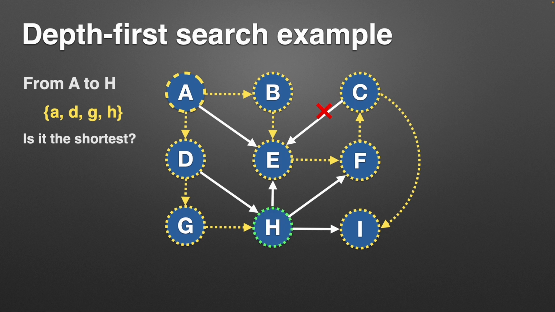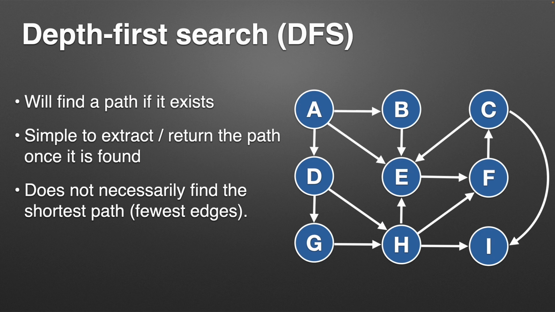But for the most part, this is the mechanism of depth first search. And usually when you're using depth first search, you want just the first path that you can find. You've made that decision already. So the main idea here is that we go all the way as far as we can with our first neighbor before we go to our second neighbor. So we'll find the path if it exists. It's very easy to return that path because you travel. Typically, it's implemented recursively, like the pseudocode. So it's very simple code, and it's very easy to trace that path back. But it's not the shortest path, necessarily.